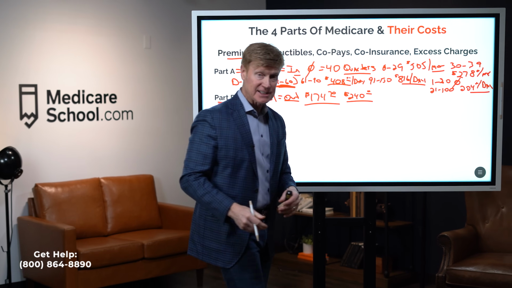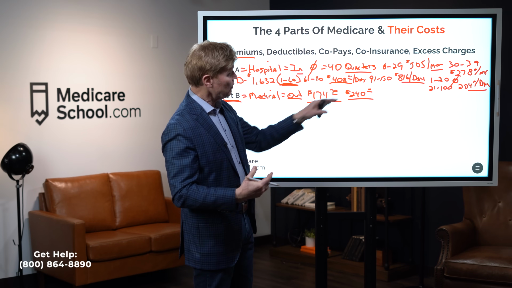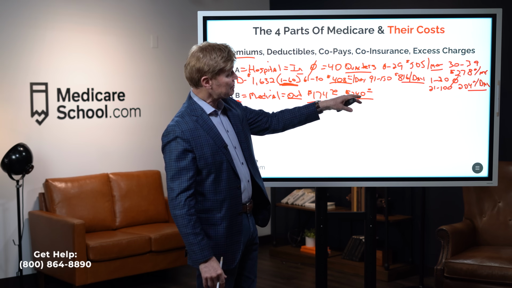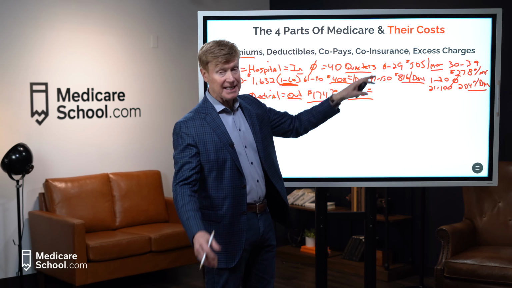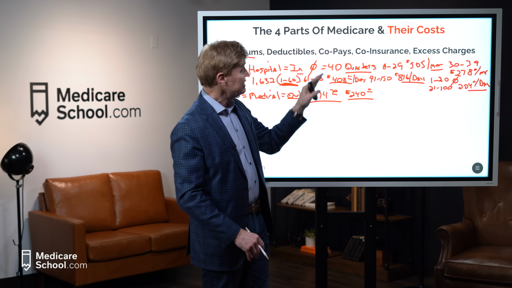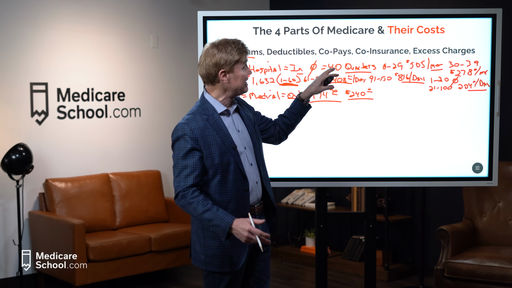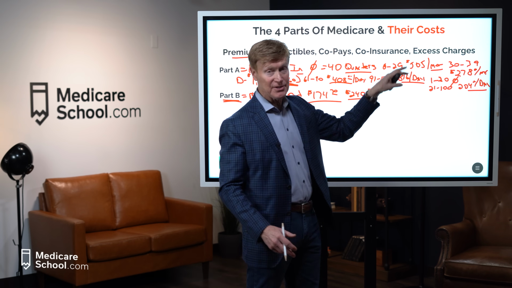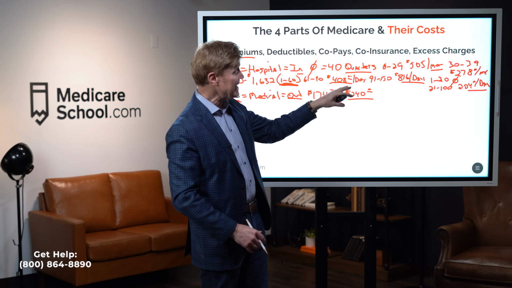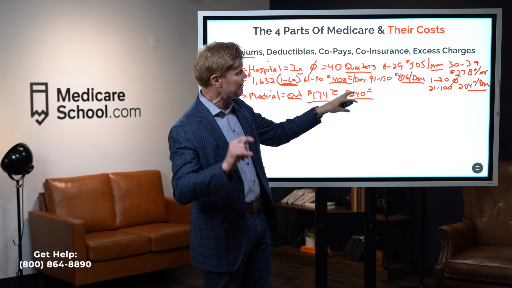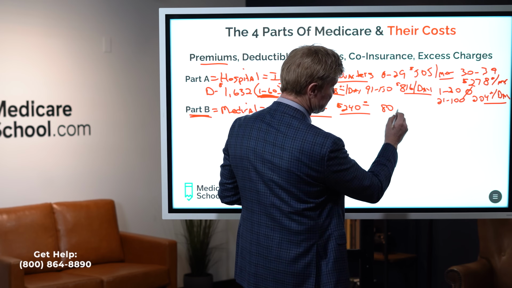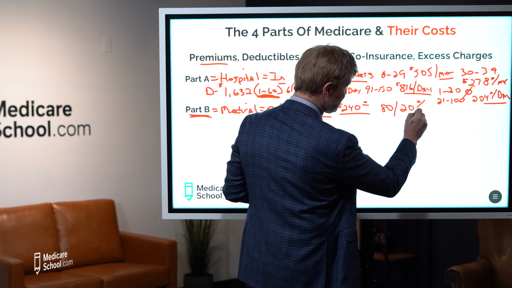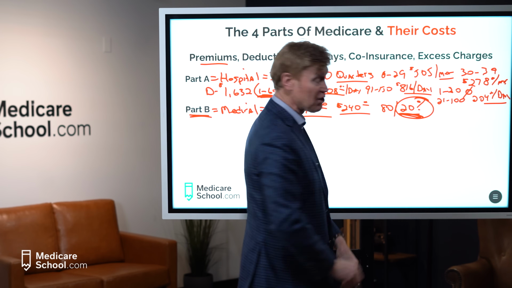We have to pay the deductible, and then once that deductible is met, we're actually going to go into co-insurance, because Medicare Part B doesn't have copays. Remember how Medicare Part A had copays, but no co-insurance. B is just the opposite. B has a deductible once a calendar year, and then we get into co-insurance. So when Medicare covers something, Medicare pays 80%, but you are responsible for 20%, and that is called co-insurance.